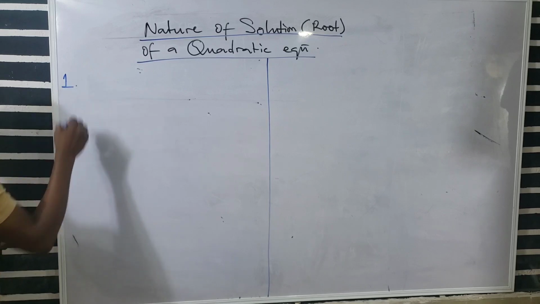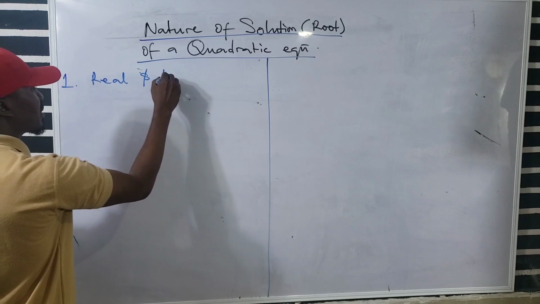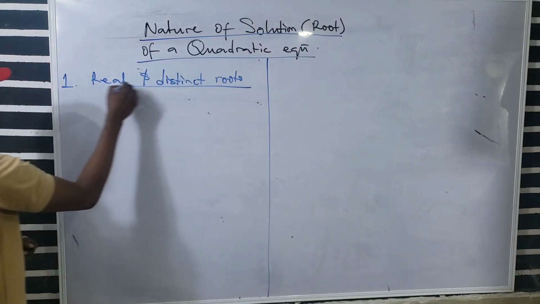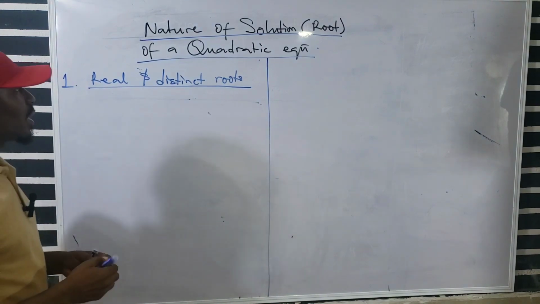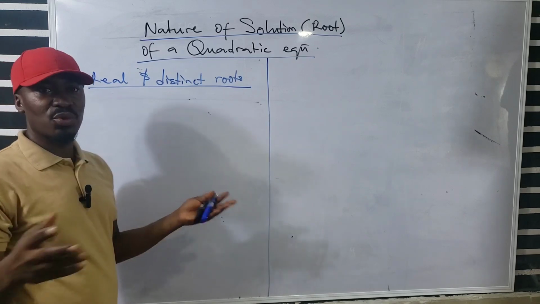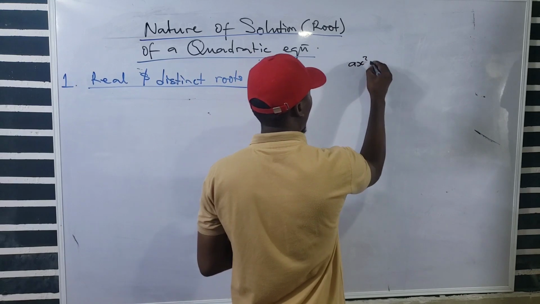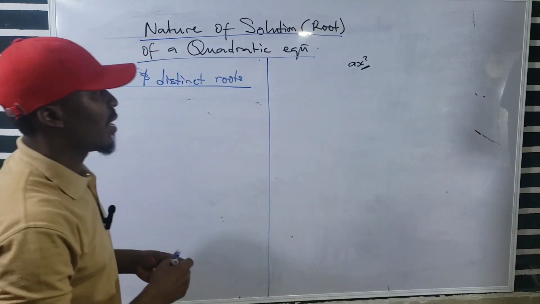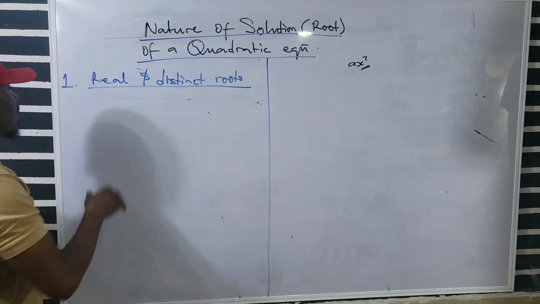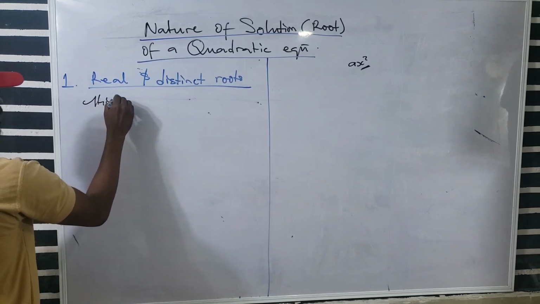Number one, real and distinct roots. Real and distinct what? Roots. We know that a quadratic equation always has two solutions because of the presence of x square, we always expect it to have two solutions. So real and distinct roots, this is a situation